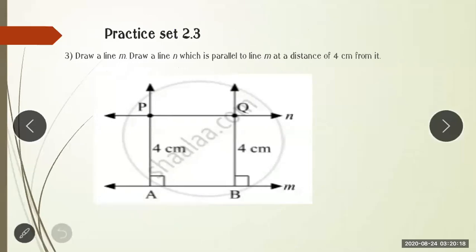Now see, 2.3 is a very easy exercise. We have learned all these things in 6th standard. You have to construct a line, take a set square, and mark 90 degree with the protractor and the compass. The same thing you have to do. So I am explaining the third sum, and the first and second sums you will be getting in the homework part in the School Magica app.